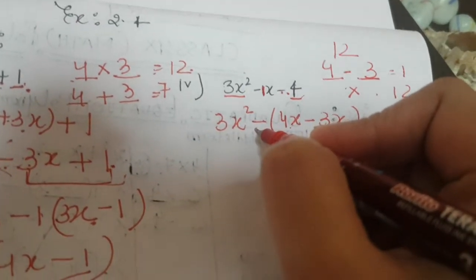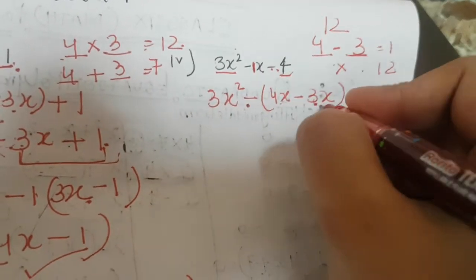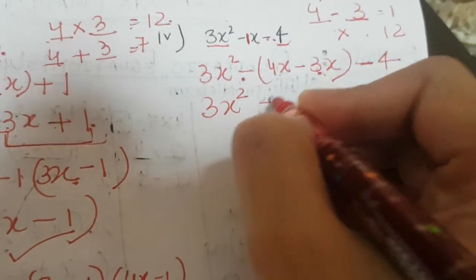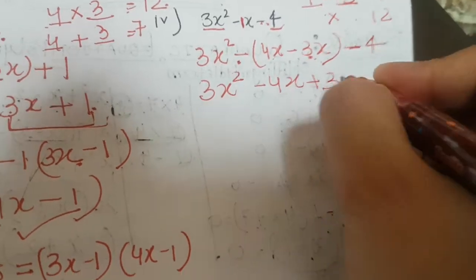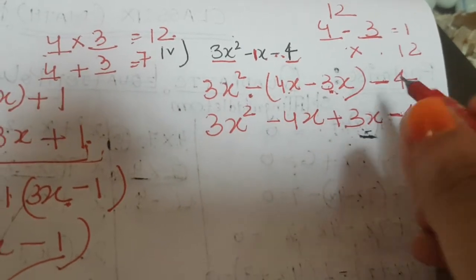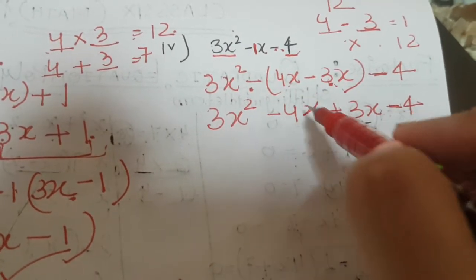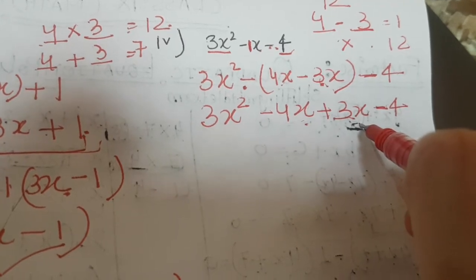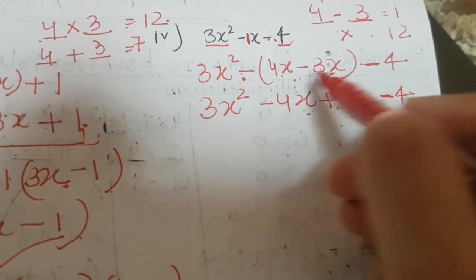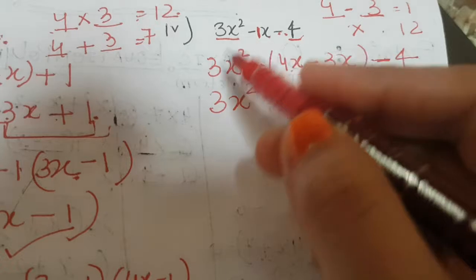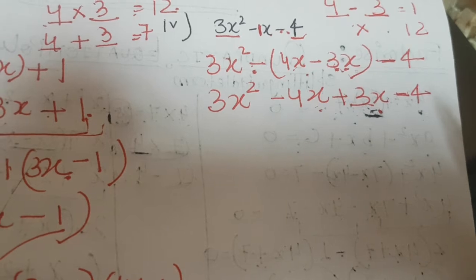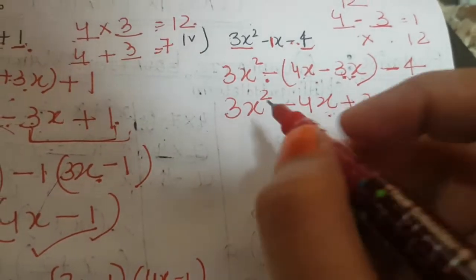The minus here will come the same, then in place of x you write 4x minus 3x, then again this sign minus 4. Now open the brackets, minus 4x plus 3x. What happens, so many times I have seen with students, is that they directly write these numbers without brackets. If the minus sign is here and we do not write these numbers in the bracket, we will not change the sign, so the calculation goes wrong and then the answer comes wrong, okay. So you do it step by step, it will not take much time, so do step by step.